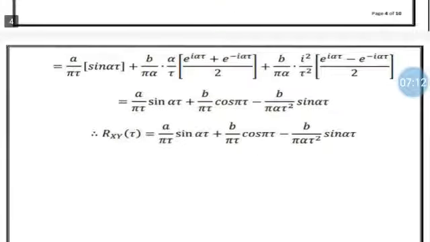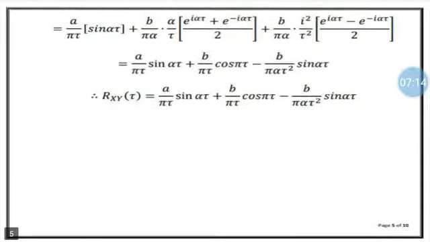So we substitute this formula, which is equal to a by tau into sin a tau plus b by pi a into a by tau into e power i a tau plus e power minus i a tau divided by 2, plus b by pi a into i square by tau square into e power i a tau minus e power minus i a tau divided by 2, which is equal to a by pi tau